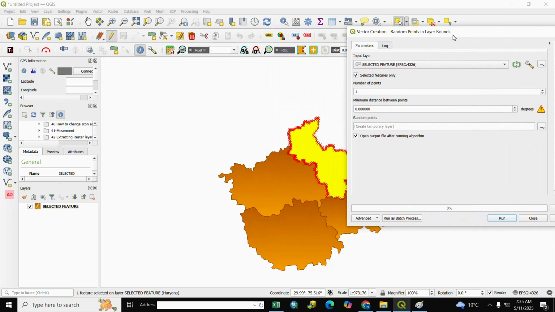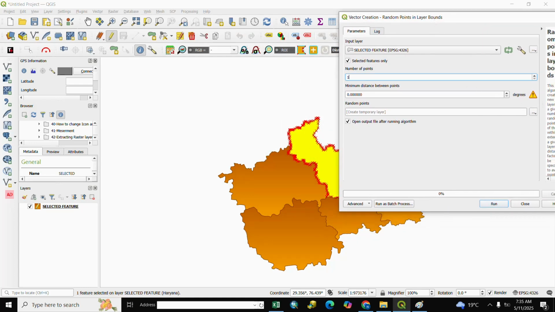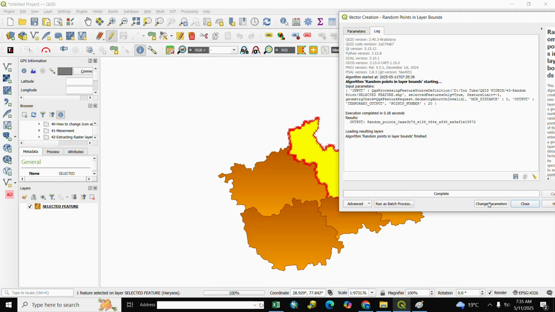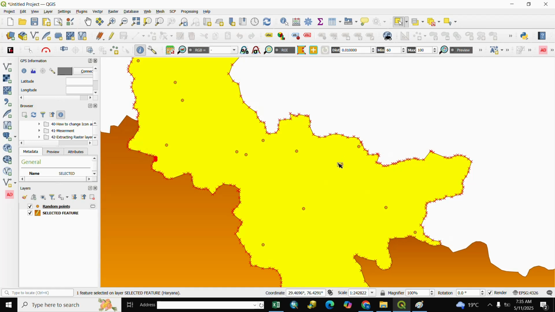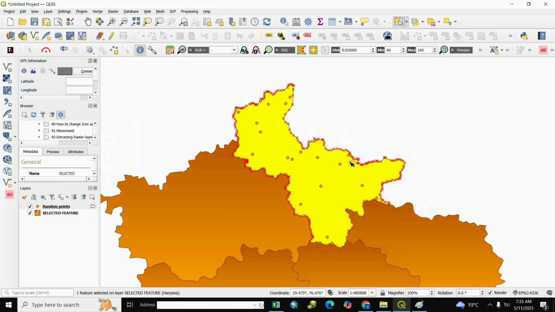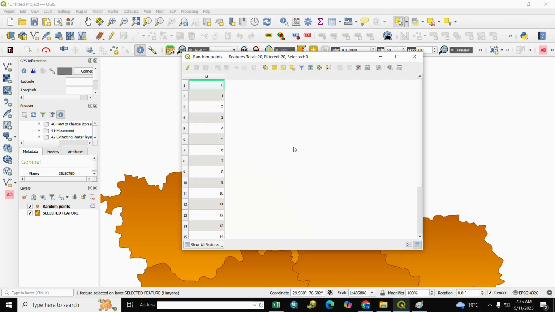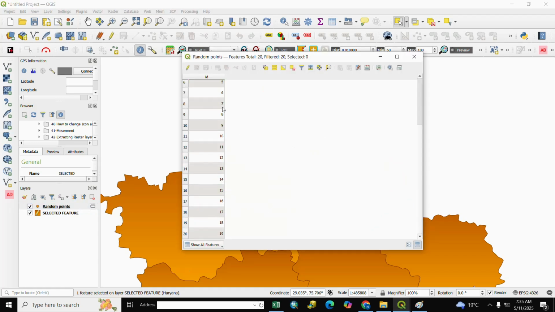We generate points only in the selected feature and we give a number of points. We give here 20 points. After it we run it and close it. You see here random points generated and we count them. For counting we click here and go to open attribute table and you see here 20 random points